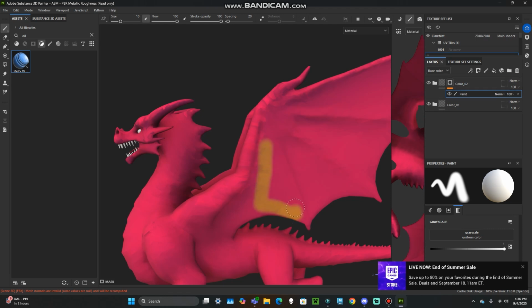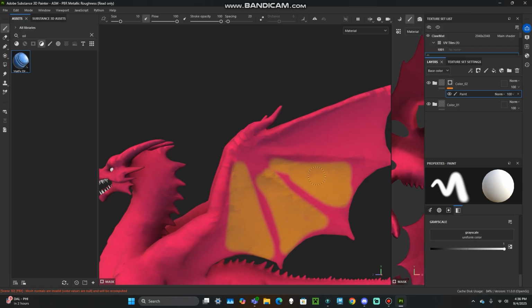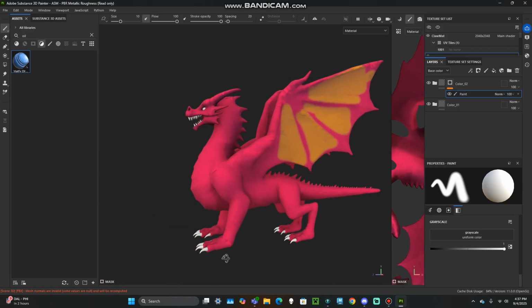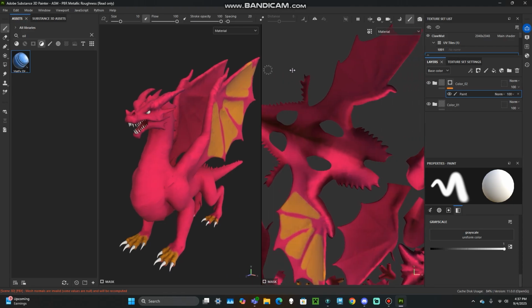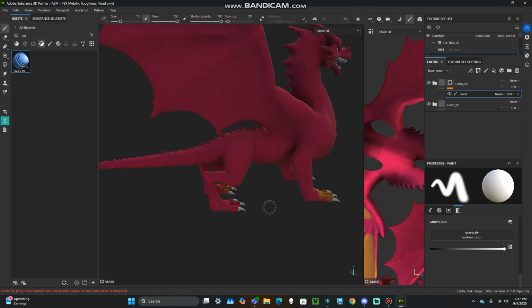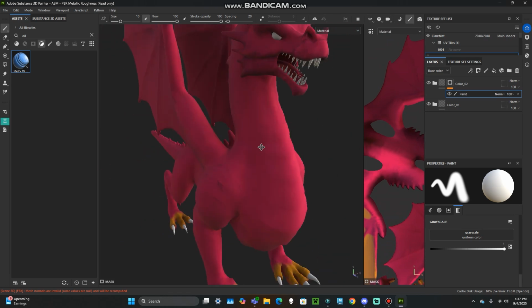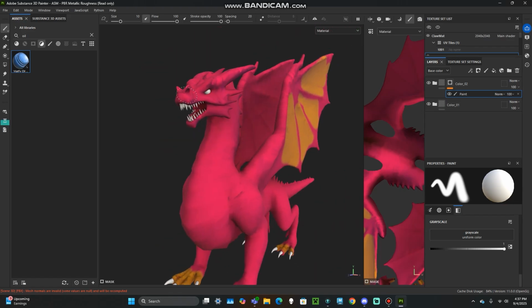So now I can come through and I can paint on the orange, wherever we're wanting it. And I can say, hey, I want it to show through on all these places, right? As well as, hey, you know what? I'm going to make his toes orange. Let's do all the toes orange. And you would be working with symmetry on, because that would be the nicest way to do it. But right now, I'm just going to do it all messy, just to show you guys and keep it quick. Again, sorry about the length of this video, but anyway, so this is your dragon,